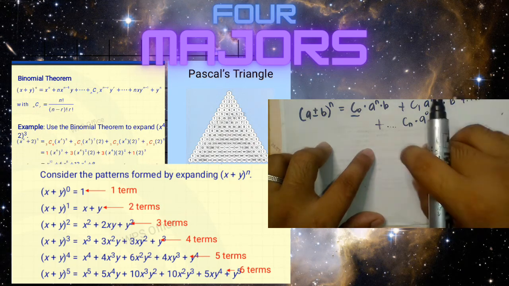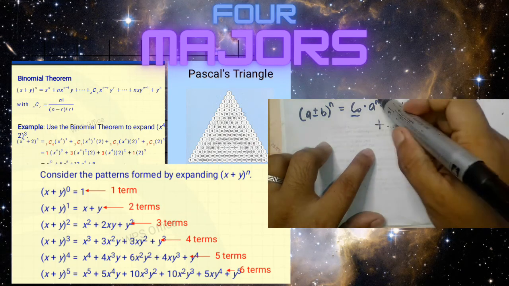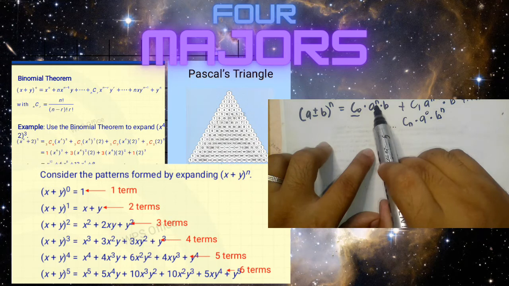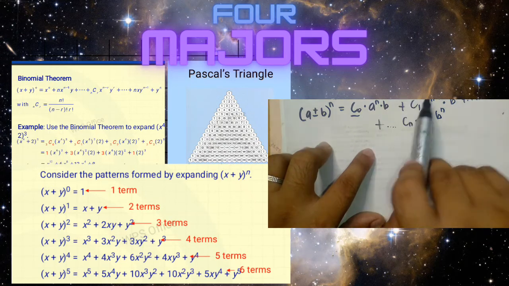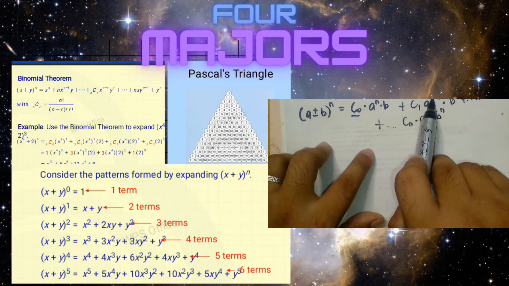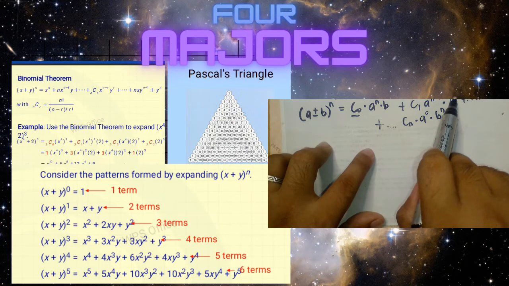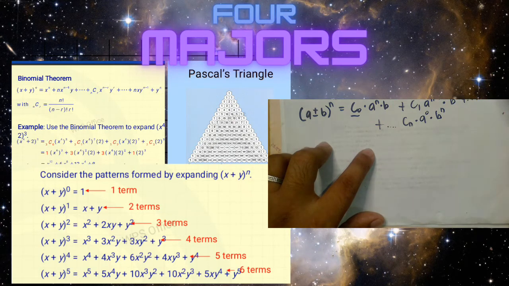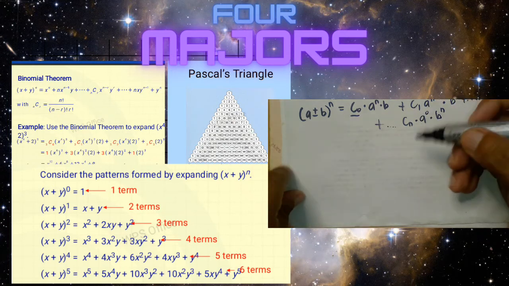Okay, so note that the power of a decreases. So here a is at the maximum, so the highest power, and then you see in the second term the power of a is reduced by 1, and the power of b, or the second term, gains 1. Okay, and you will see on the last term that a is at the lowest, wherein a raised to 0 is 1, and then b is to the power of n, wherein b is at the maximum. Alright, so